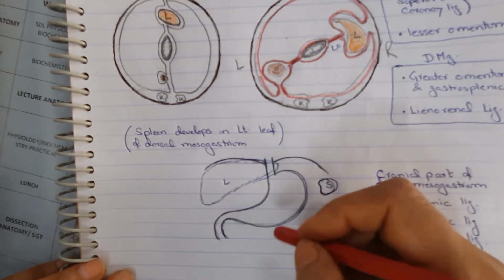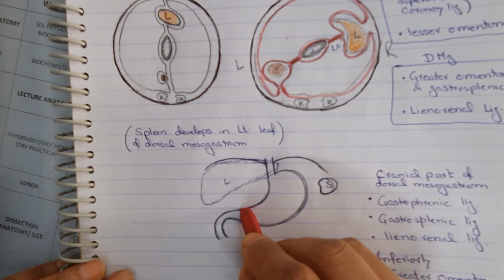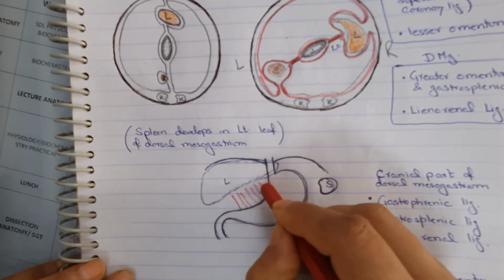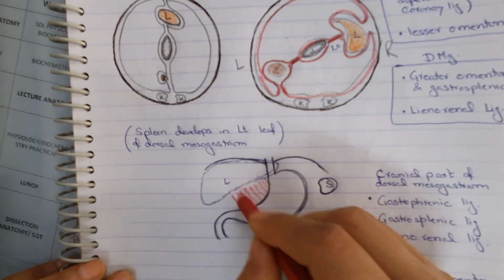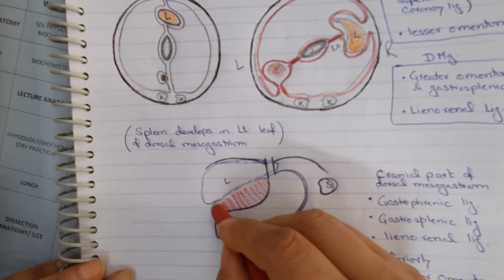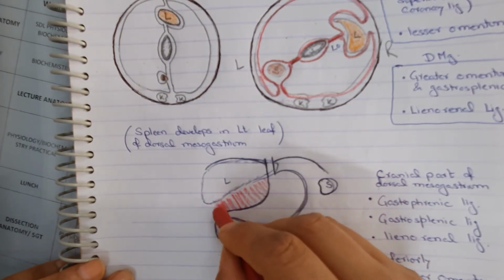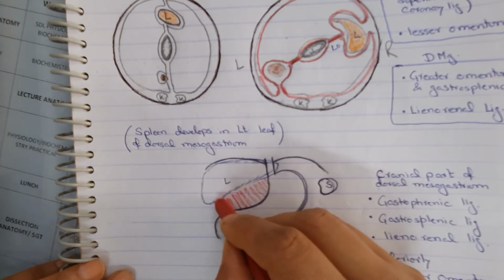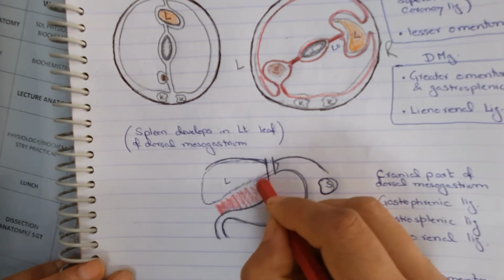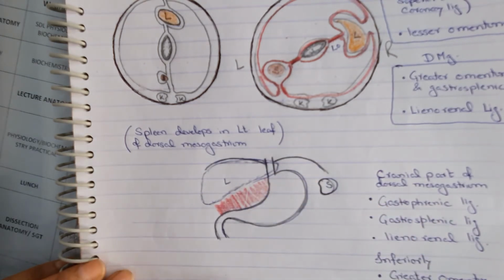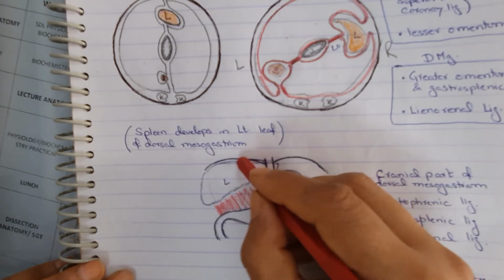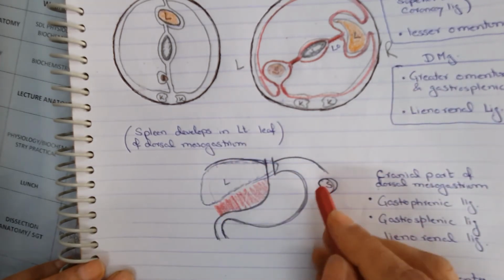Now what happens? What we have seen from the lesser curvature, the fold of peritoneum, that is the ventral mesogastrium, passes up to the liver. This ventral mesogastrium is up to the 2.5 centimeter of the duodenum. So it passes up to the liver, and then it encloses the liver and forms various ligaments over here.